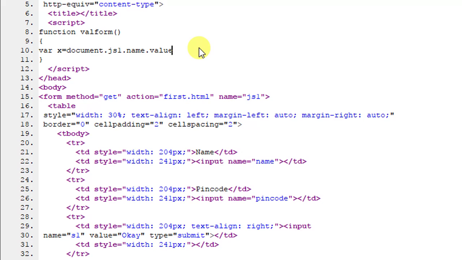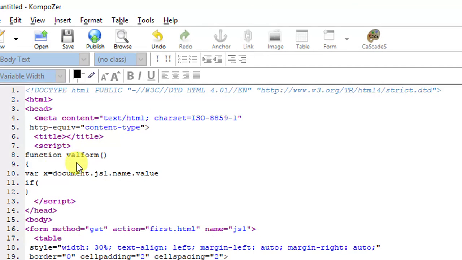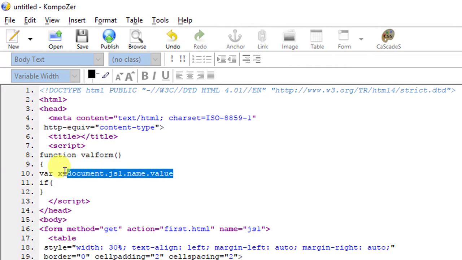And then for ending a sentence you can write a semicolon, but if you are not writing it, it's optional, that is not needed. Okay, now after completing this, you have to check whether the text box has a value or not, that it is not empty. For checking in JavaScript, whatever you want to check, you have to use a decision, that is an if statement. So now let us see how to write an if statement. First you write if, then open a round bracket. In that round bracket you just write something like x, because we have to check. We don't have to write the full expression because we have given an alias x.